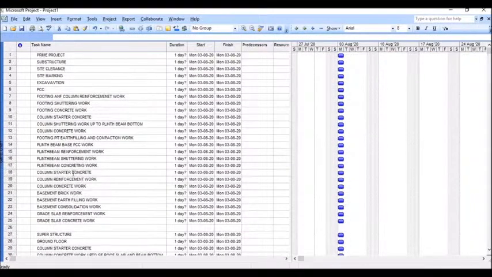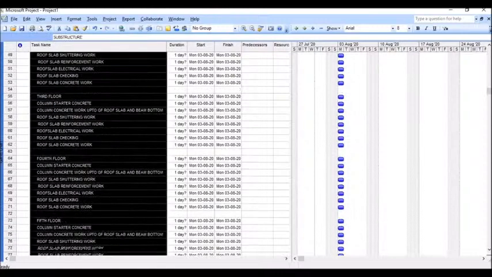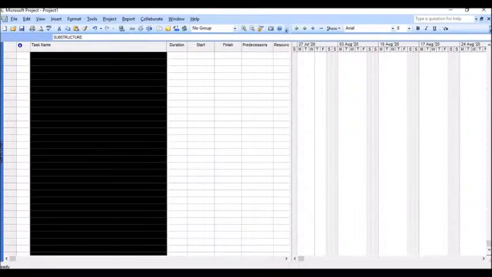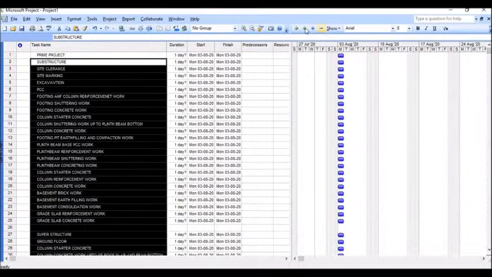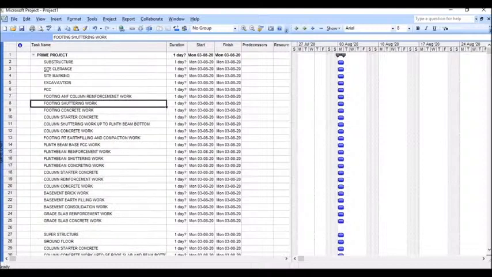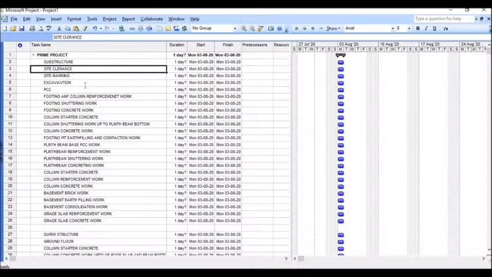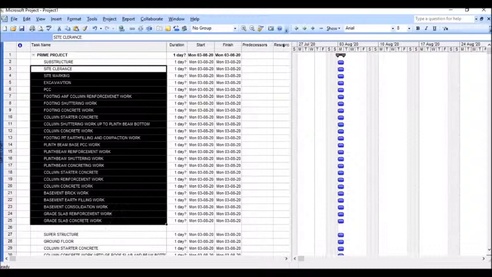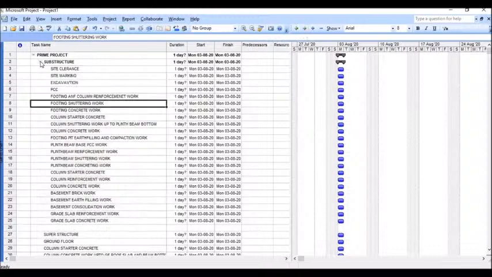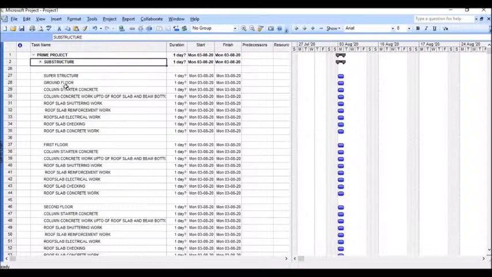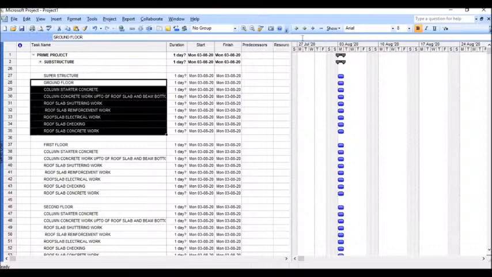Now we are going to create the WBS. In the Prime project, all the tasks come underneath, so I am selecting from the substructure till the last activity and giving an indent, so all the activities come under the Prime project. Now I am selecting the activities under the substructure. I am selecting the substructure activity alone and giving a right indent, so these activities come under the substructure. Now I am selecting the superstructure activity. I am selecting all the activities, and I am